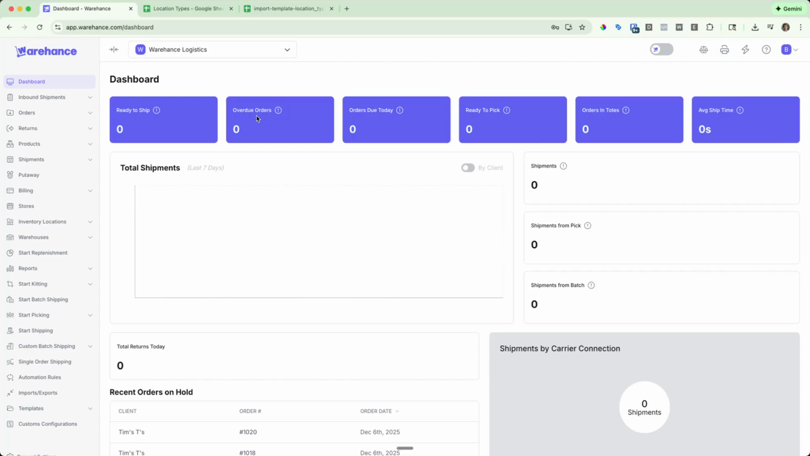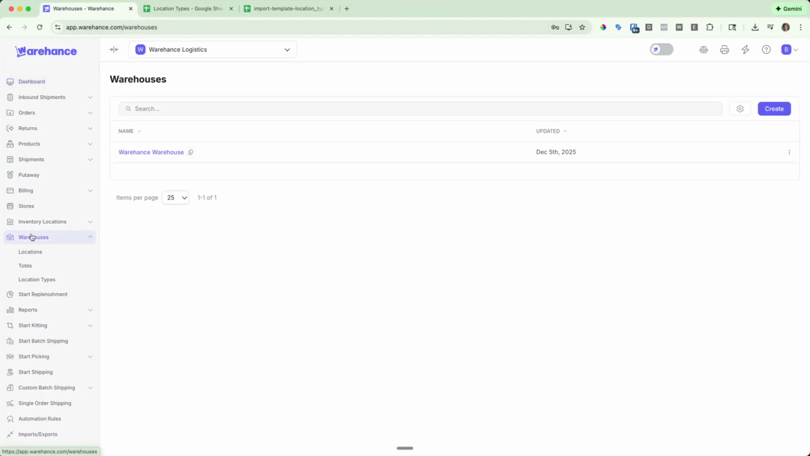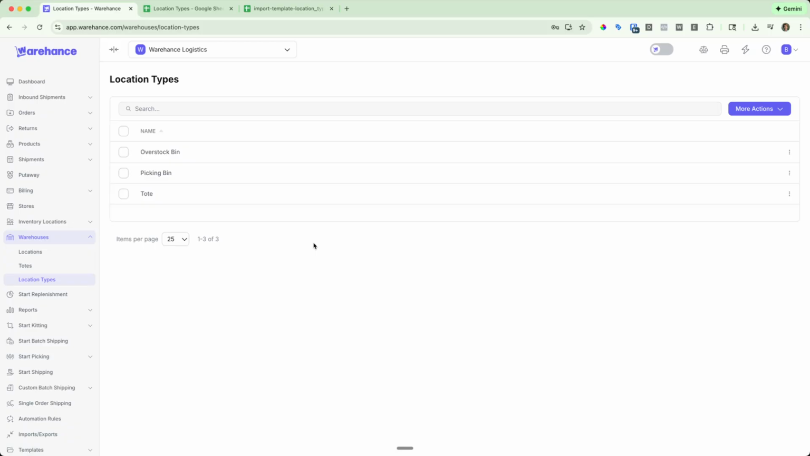In order to set up your location types in Warehance, go over to the left-hand side and go to Warehouses, and then Location Types. When you sign up for a Warehance account, you should have 3 default location types, which is going to be the overstock bin, picking bin, and the tote. And you can go ahead and delete these if you'd like by selecting them all and clicking bulk delete, or